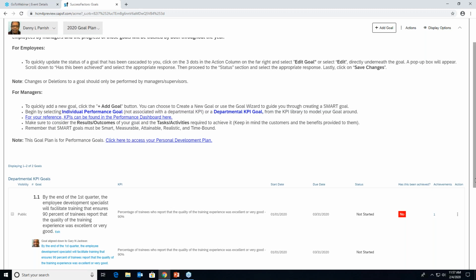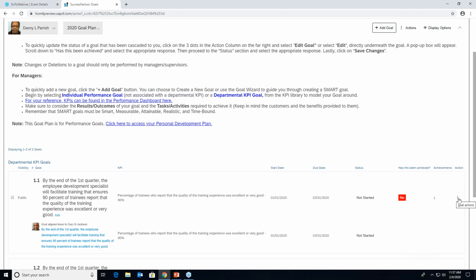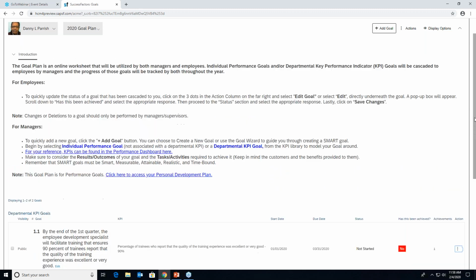You also have the ability, in this actions column here, these three vertical dots, it provides you with the ability to edit goals, view goals, add goals directly to Outlook, which you can put on your calendar, delete goals, move goals up or down, and then indent goals. In this section up here, you have the ability to cascade goals, delete goals, but the goal will have to be selected in order for that to happen. And then you also have the ability to print this page if you choose.